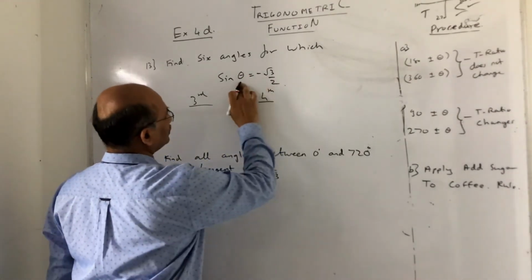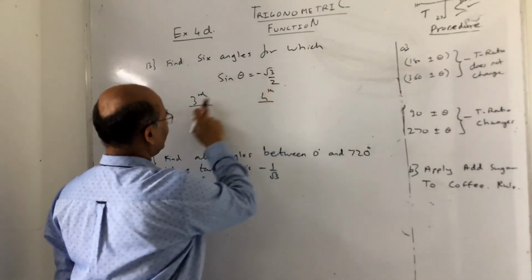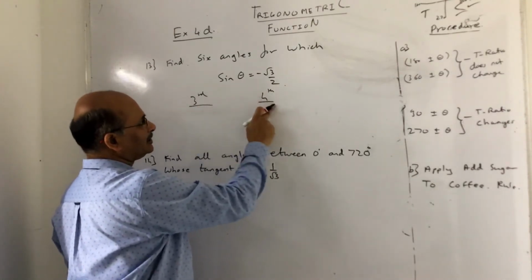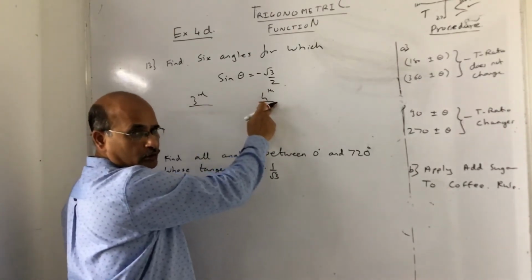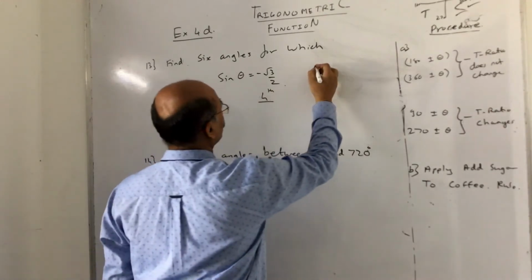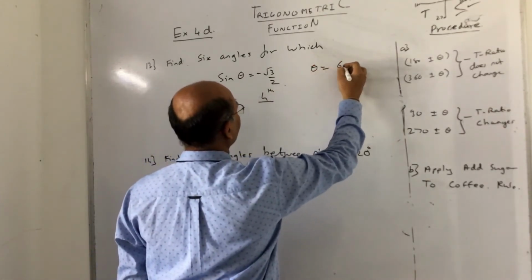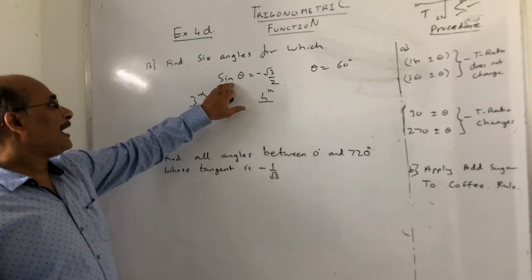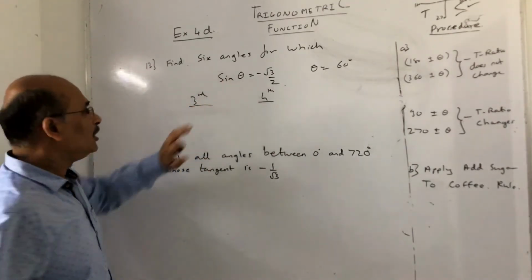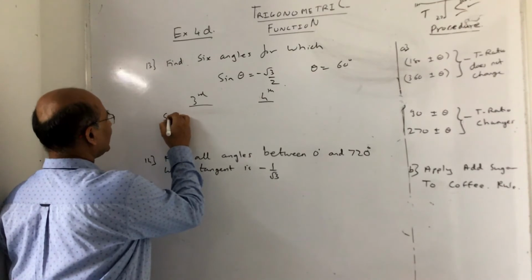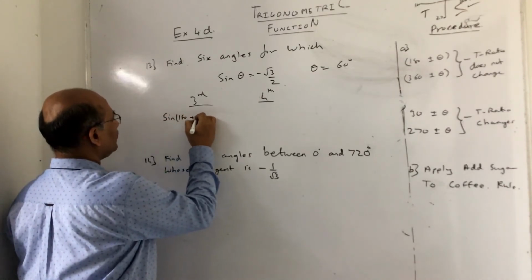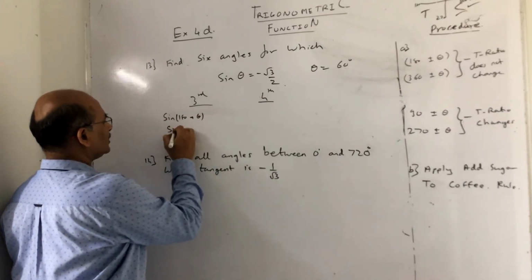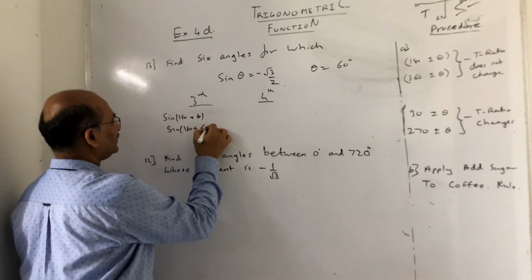So from here, sine theta, forget about the negative sign. The negative sign has shown me that the angle is in the third or the fourth quadrant. So root 3 upon 2. So from here theta is nothing but 60 degrees. Simple. Now third quadrant, remember I don't want the ratio to change, right? So in the third quadrant, I can say it is sine of 180 plus theta. Eventually this is nothing but sine of 180 plus 60.